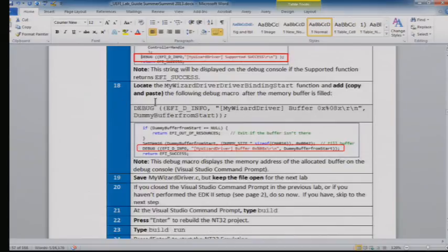Then likewise, if we are supported, we said supported equals UEFI status success. In our start, we're going to have a debug statement. If you were really creating protocols and installing child handles, I might want more debug code at that point. So I'm going to add this debug code here right after my set memory buffer. Just copying that and pasting it into your start function